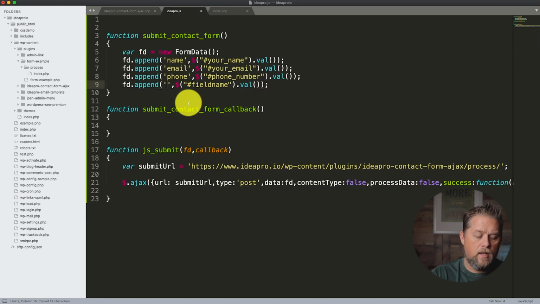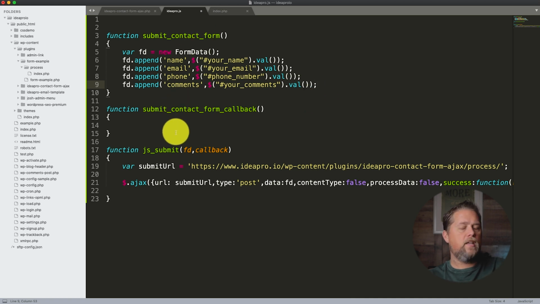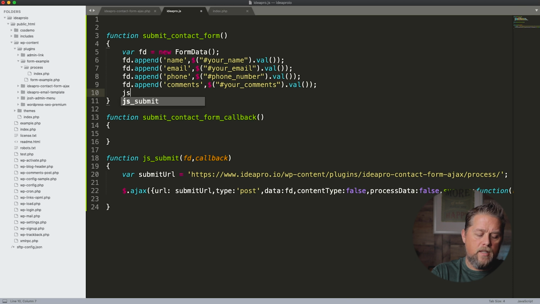So we can say comments, and we're going to say your comments. Okay, so now we have all the data from our form and we're going to pass that to our JS submit function here. All right. So the way we do that is we're going to say JS submit,